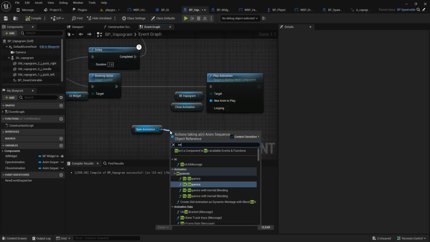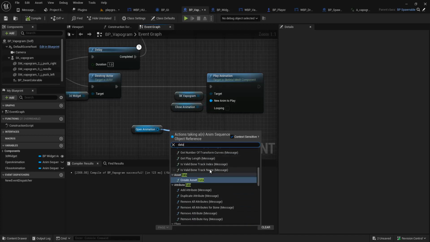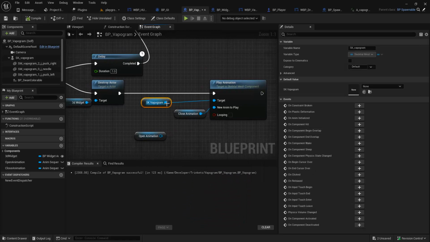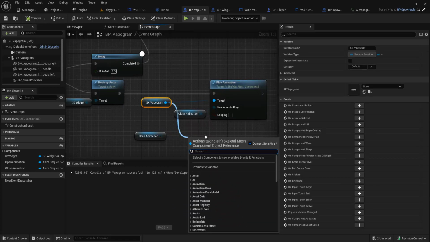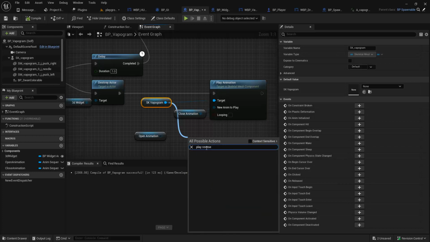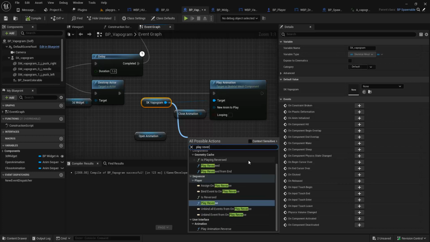So set animation data, which doesn't let you. You can set the play rate to -1, but that doesn't do anything. There's also, if you disable this context here, you can see. Should I have to find these nodes again? I shouldn't have erased it. All right, so there's play reverse,